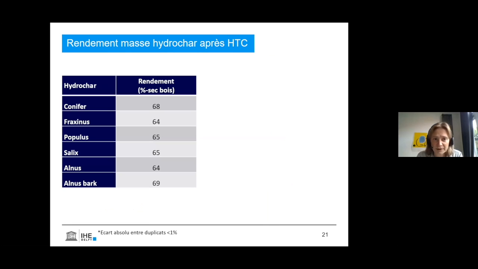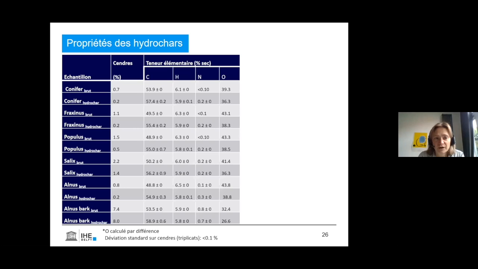So a couple of words on the results obtained, in particular the mass yield. So how much hydrochar did we obtain after HTC? If we look at the initial dry wood, it's about 65%, and that is typically what is expected for this type of material, and it's a similar yield for all species. I won't say more on that, but what I do want to say, maybe talk about the properties of this